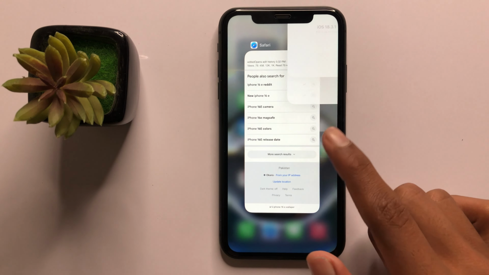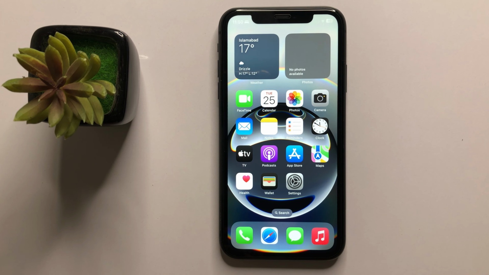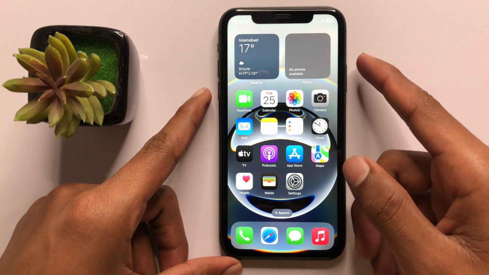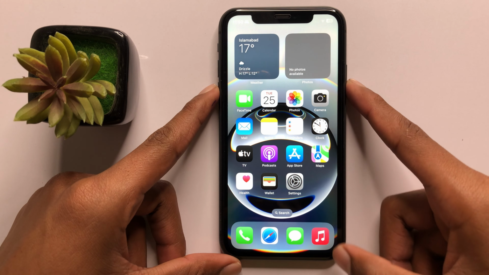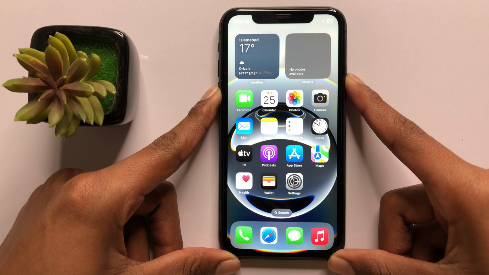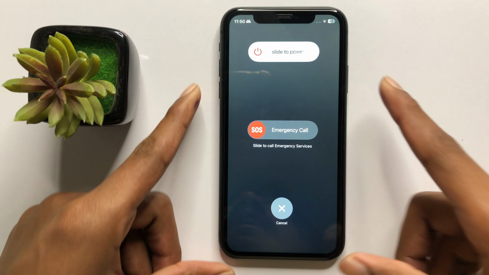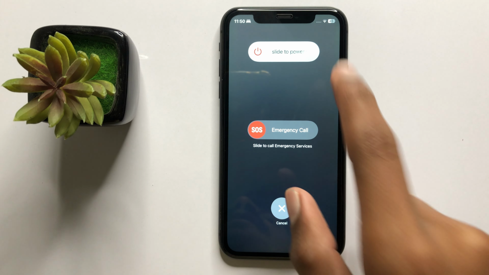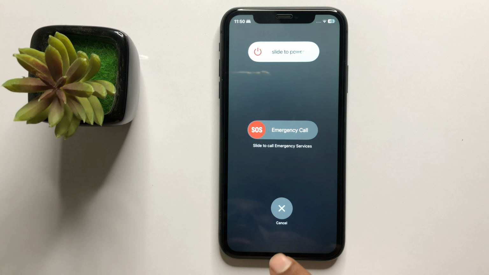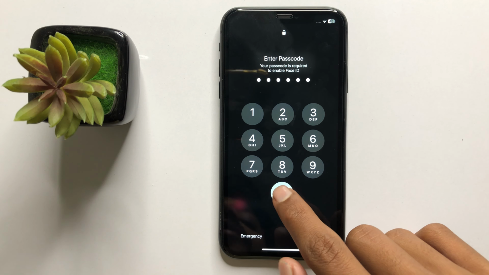If it doesn't fix your problem, then go back to your home screen and update your Instagram. After updating your Instagram, then restart your device. To restart your device, press and hold volume down button and power button at the same time, and then slide this icon to the right side to restart your iPhone. After restarting your iPhone, your problem will be